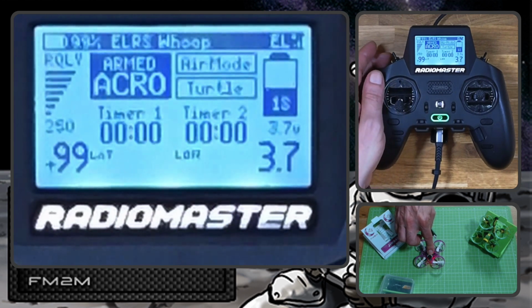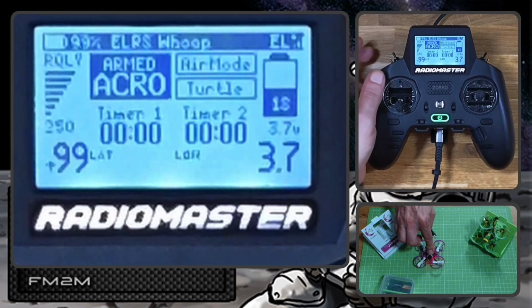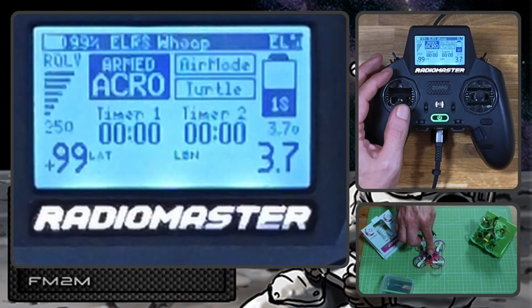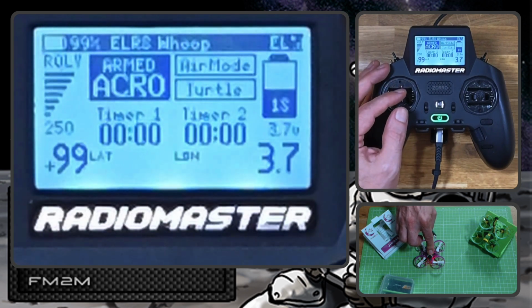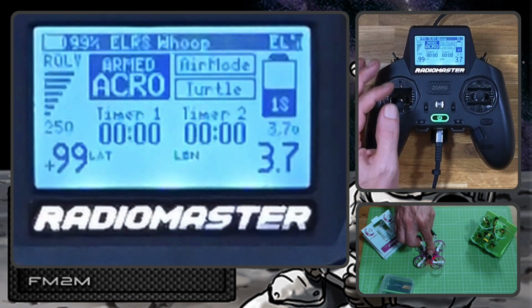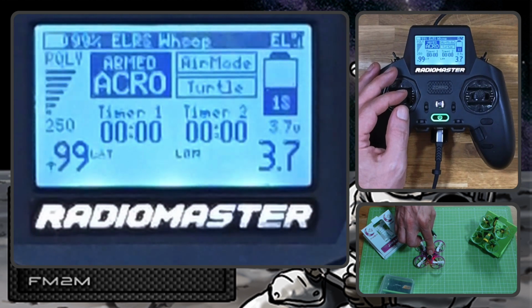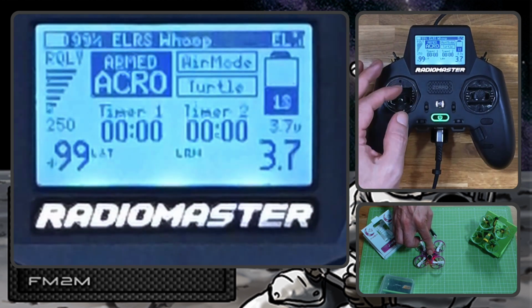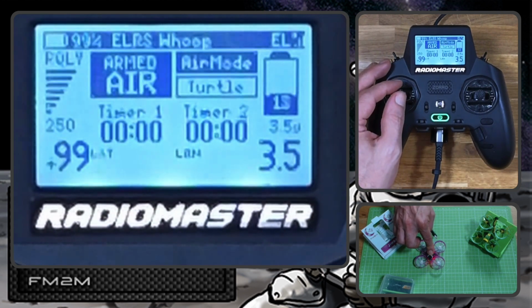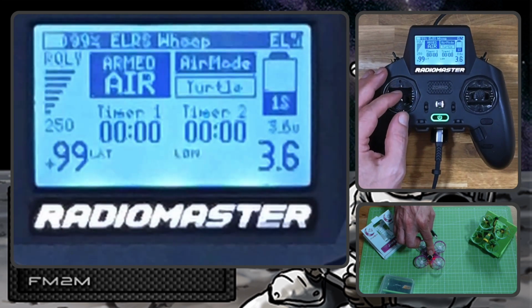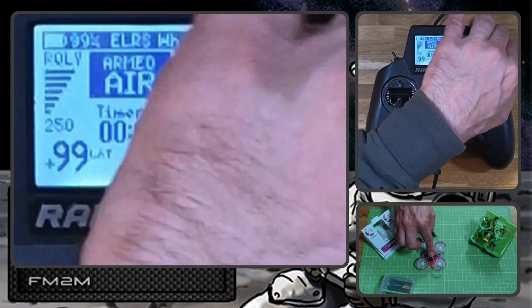If I switch it again, so when I'm switching when I arm my quad, air mode is not on. Just when I raise the throttle above certain level, air mode will be automatically on. That's why there is a logic switch. And yeah, now you can see air mode, right? All right, let me